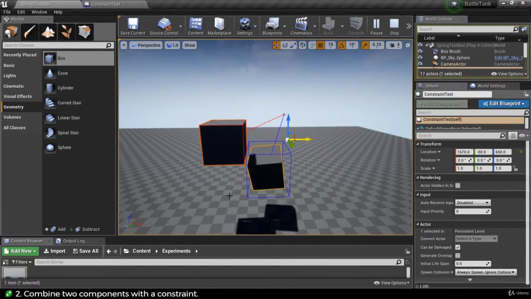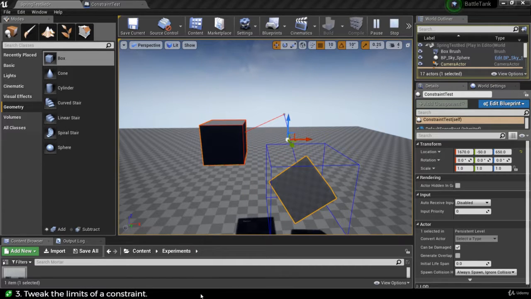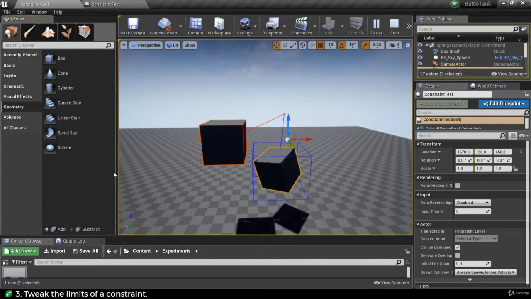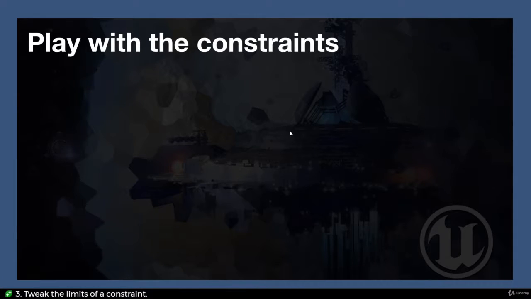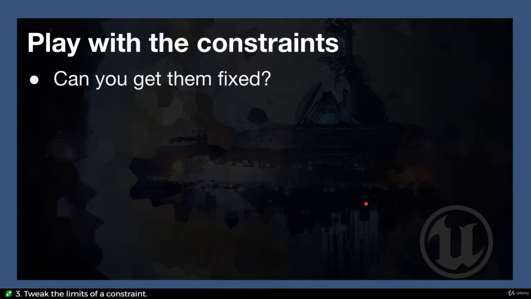So getting it moving in one dimension is going to be the challenge for you, to tweak the limits of a constraint and to be able to figure out how to make it constrained in different ways than just this kind of hinge that we've got. So that's the challenge, to play with the constraints, and there's three particular outcomes I'd like you to come up with. The first one is, can you get them